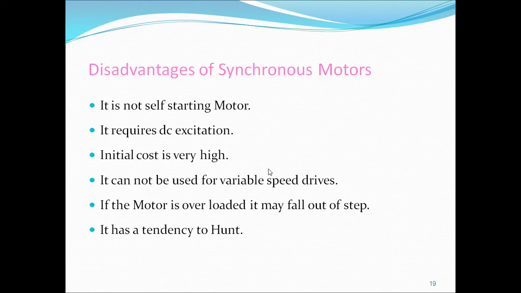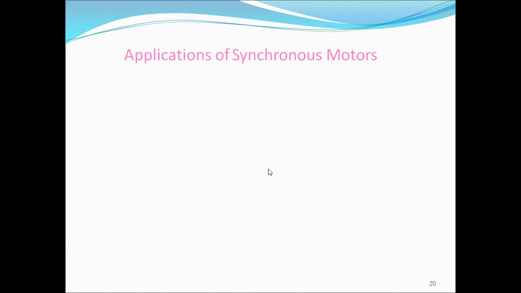And it has another problem called hunting. Hunting can be produced by varying loads or a pulsating supply. That is, when the supply is changing, at that time also hunting is produced. That means the speed is increasing, decreasing, increasing, decreasing like that. Because of that, what happens? The magnetic locking between the rotor poles and the stator magnetic poles, which are locked together and rotating at synchronous speed, comes out of synchronism and the motor stops. So this hunting is another complicated problem where the motor stops.